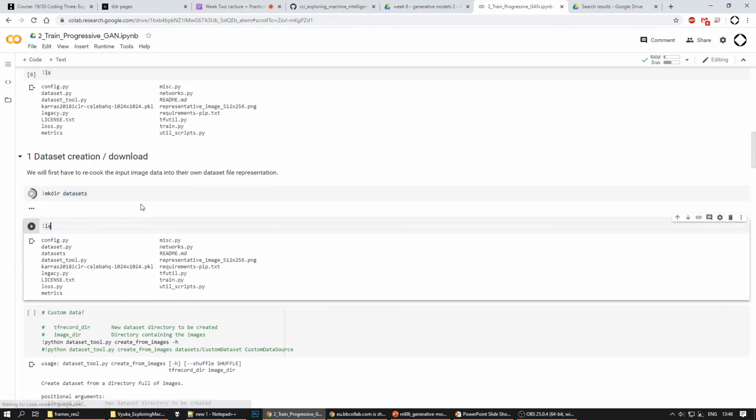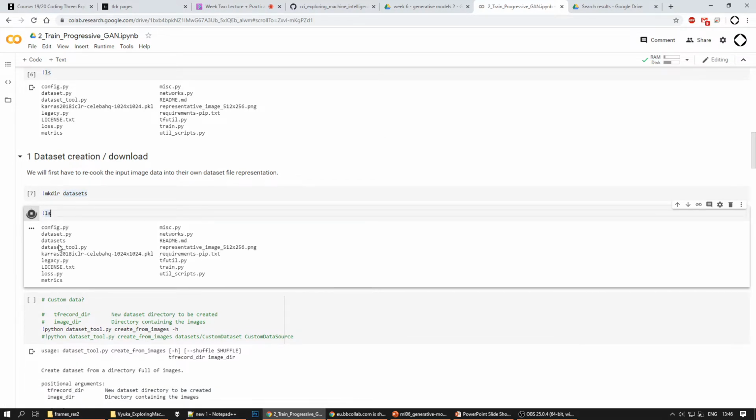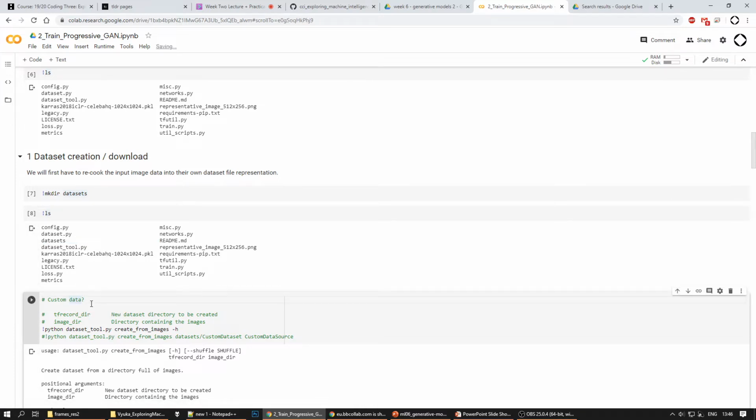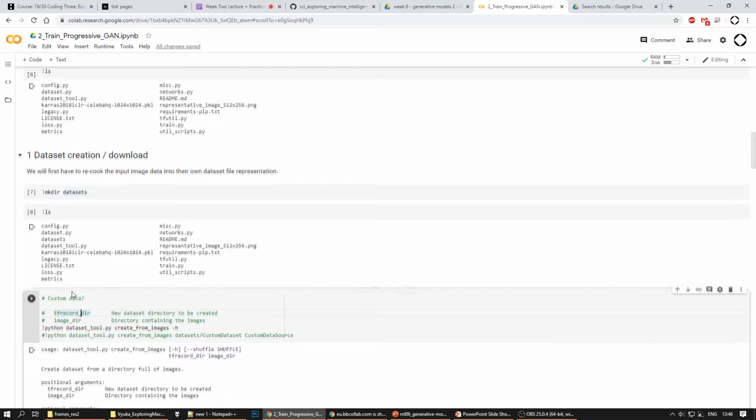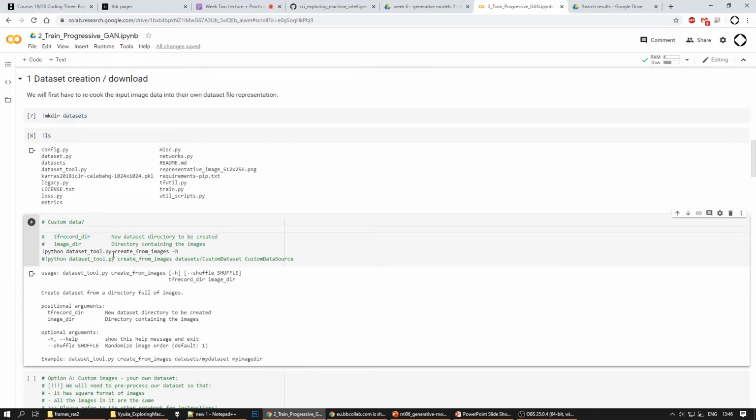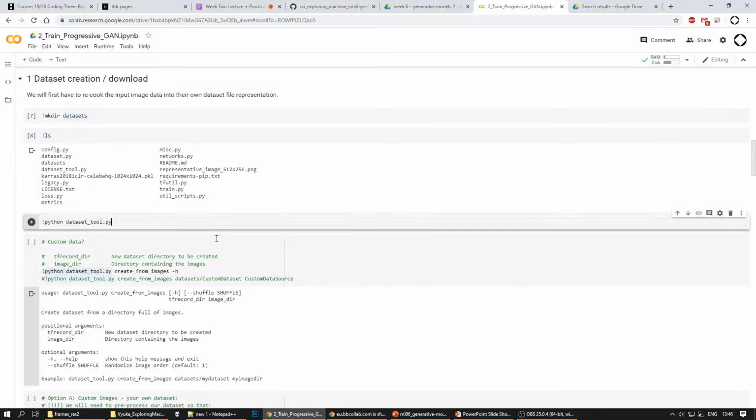So let's prepare datasets as a folder, and then let's use the dataset tool. If we are using your own custom data, you would be using this dataset tool. Well, we can actually see what this prints out